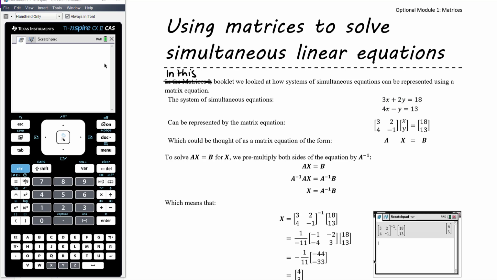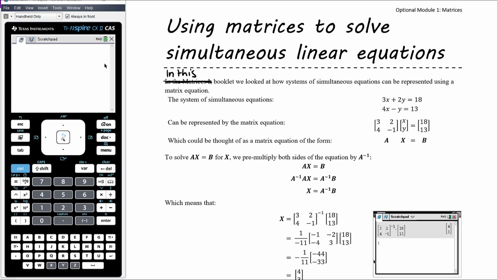The 2 by 2 matrix becomes the 4 coefficients. So in this case we have positive 3, positive 2, positive 4, and negative 1. That's how we get that 2 by 2 matrix, multiplied by x times y, or whatever letters they are. If this is t and v, it'll be t and v, as long as you've got both equations in the same order. And then equal to just the numbers on the other side in a 2 by 1 matrix. If you had a third equation, obviously you'd have 3 by 3s and 3 by 1s,